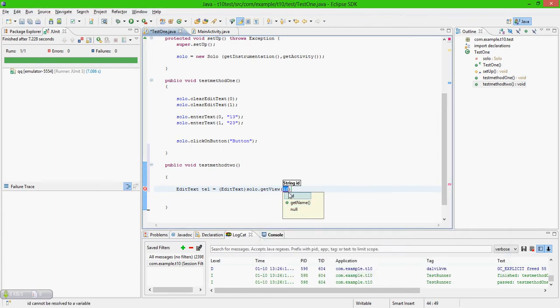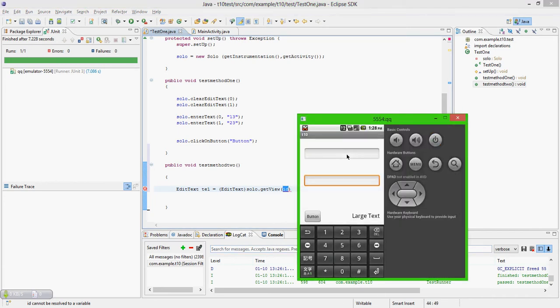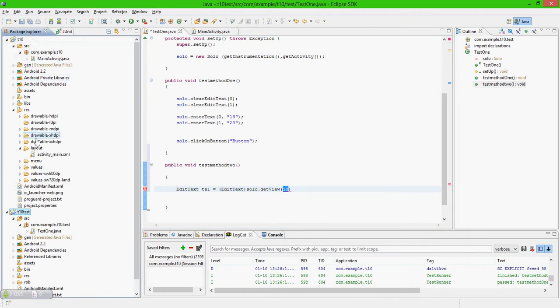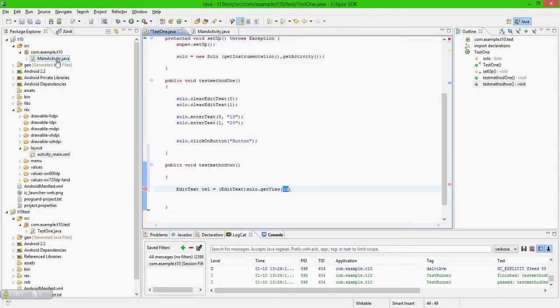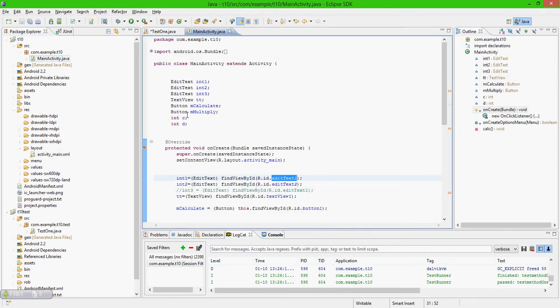So I'll select string id, and now I need to give what is my string id of this first text box. So in order to get the string id, I need to go to my layout file, and no, sorry, not the layout, just close layout. I need to go to my main activity, my exact java file,